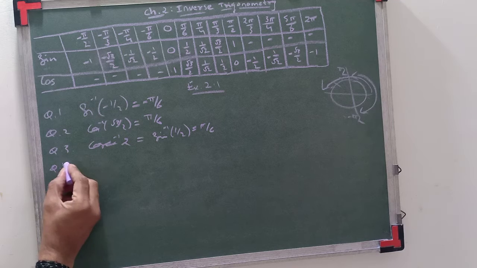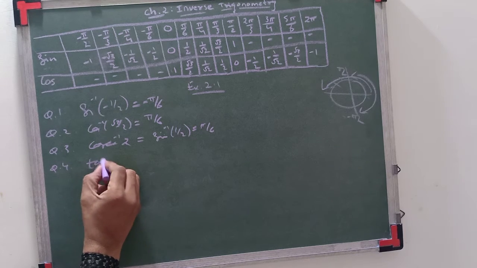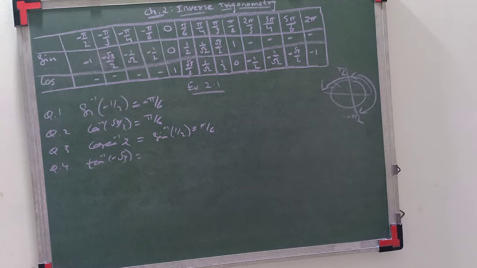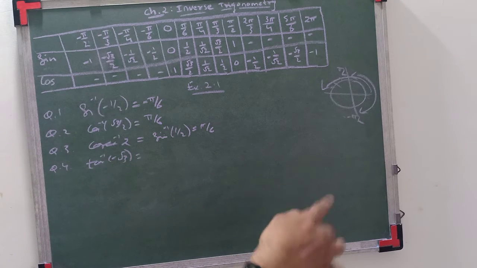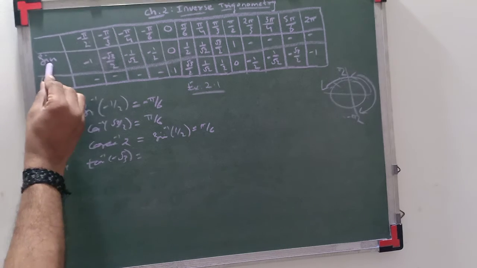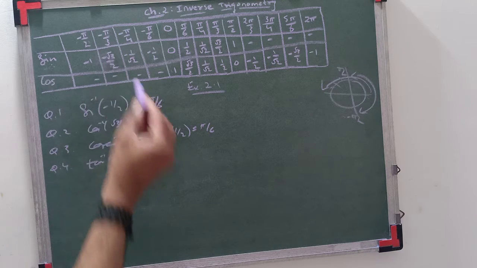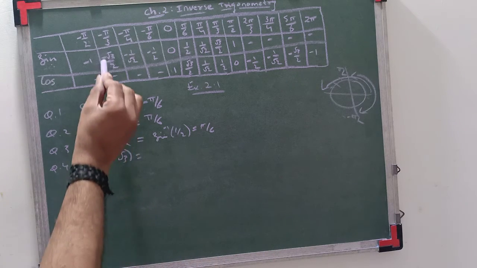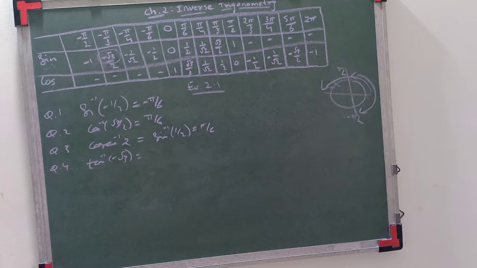Third is over. Fourth, tan inverse of minus root 3. Tan inverse of minus root 3 means tan is one-one and onto in first and fourth quadrant. So we have to think about sine and cos. So here root 3 is in the numerator. So tan will give a negative value in fourth quadrant. First quadrant is positive. So you have to see the numerator value of sine, here minus root 3.